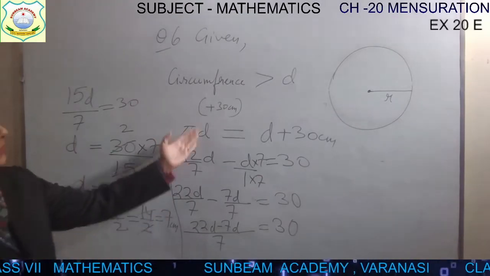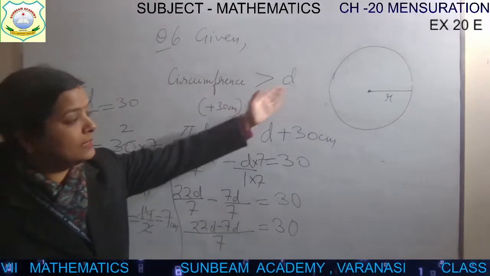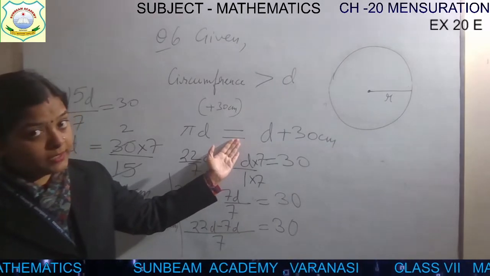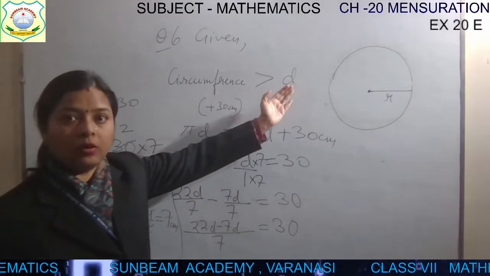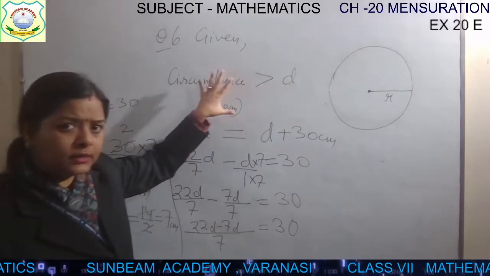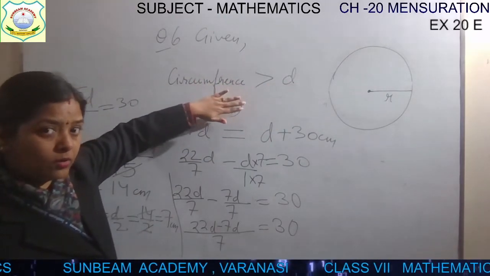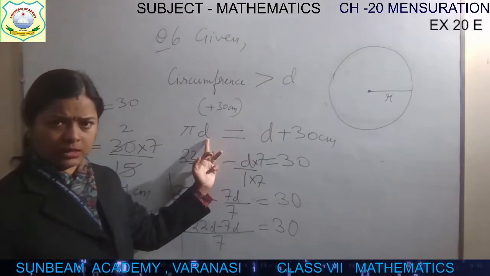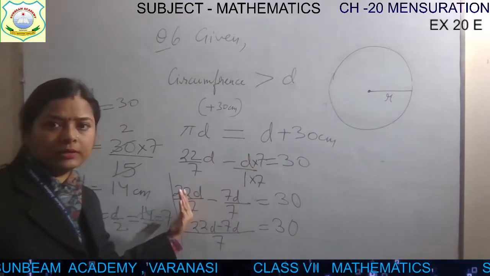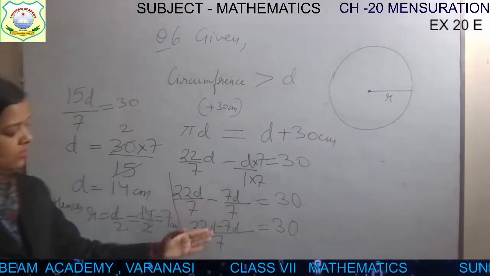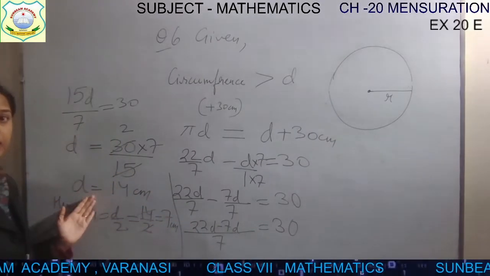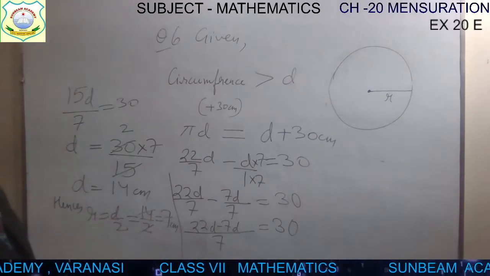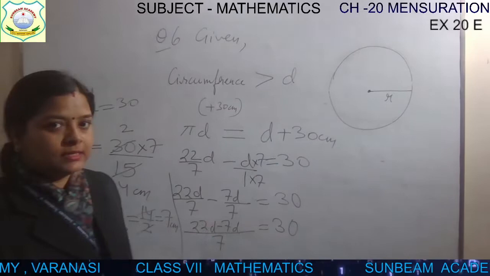First of all, circumference is more than diameter by 30 centimeter. So to make it equal, because we have to find the value, so I have to make it equal. तो equal बनाने के लिए जो कम है, कौन कम है बेटा? Diameter is less. ये तो ऑलरेडी 30 सेंटीमीटर ज्यादा है, ऑलरेडी इसको लिखना नहीं है, तो इसमें अगर 30 सेंटीमीटर मिला देंगे तो ये बराबर हो गया, ठीक है। नाउ बोथ आर इक्वल, सो डायमीटर कीप इट ऑन वन साइड, 30 will be there. Now solve for the diameter. After finding the diameter, make it half, so you will get the radius. Clear? Now let's see the next question.